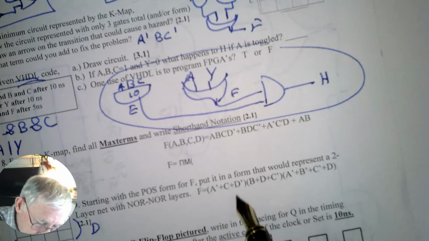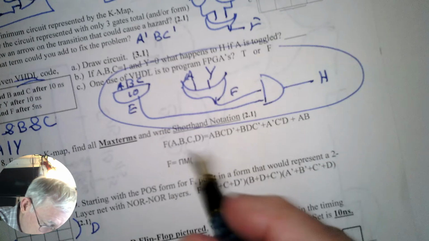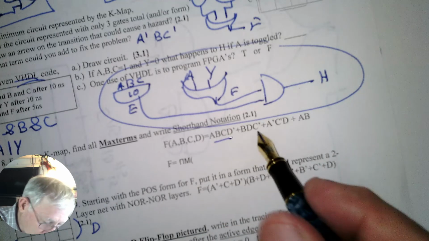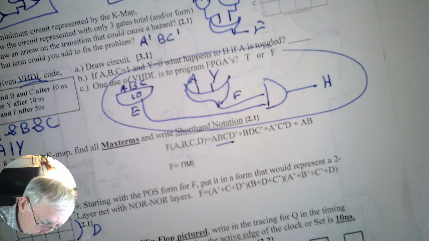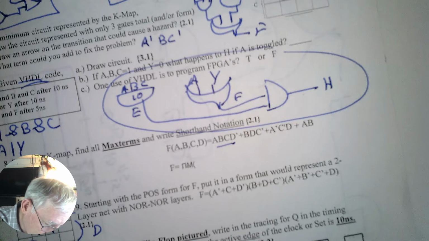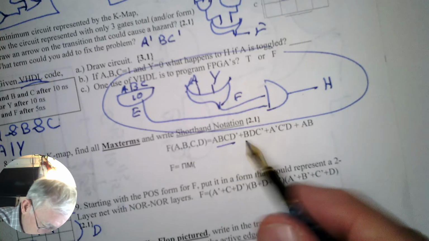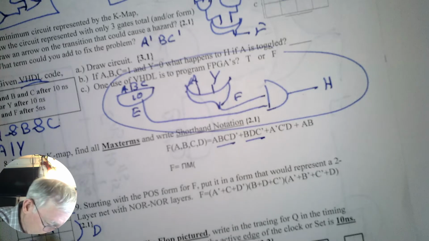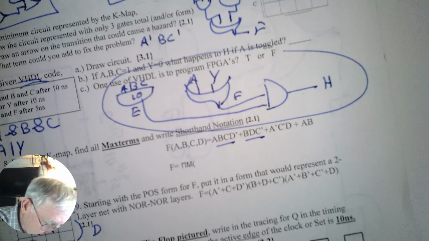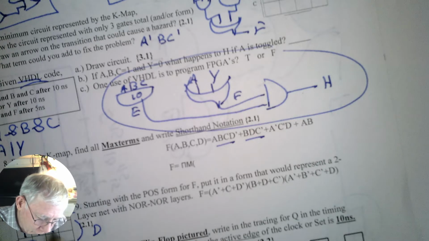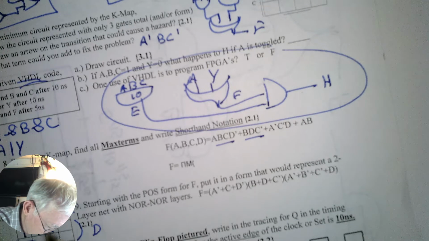All right? Then we'll do B, D, C prime. B, middle 2 columns. D would be these 4, and C prime is these 2 up here, because the bottom 2 rows are C, the top 2 rows are C prime. And then finally, A prime, C prime, D. A prime, these 2 columns. C prime, the top 4 boxes here. And D would be the middle 2 rows, so it's these 2. These of course overlap, so we wind up with 1, 2, 3, 4.